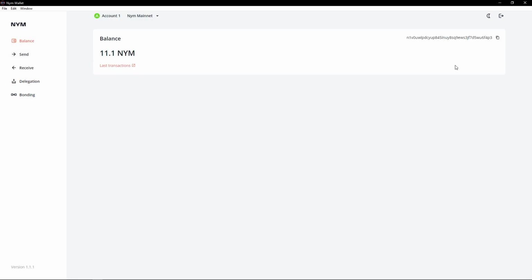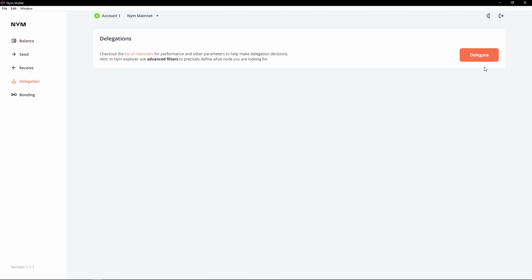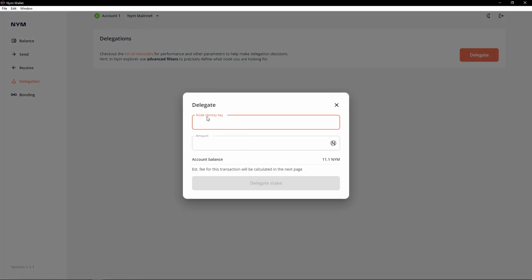you will see your wallet address on the right side and delegation on the left side. Go to the delegation side and click delegate. You will need the node identity key, so go to the